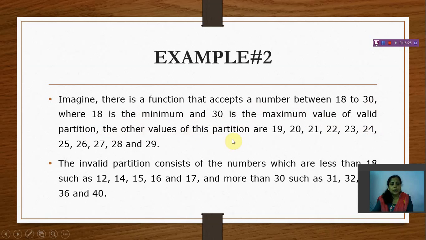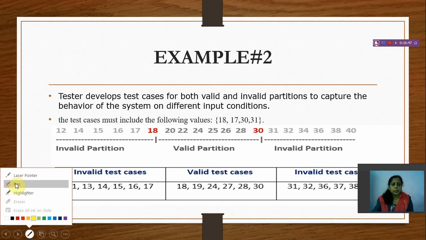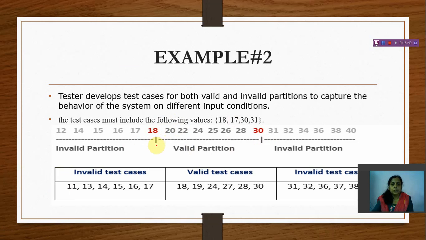The other values are the invalid partitions, which are less than 18 and greater than 30. So here the valid portion is between 18 and 30. This is the valid portion, and these are the invalid portions.